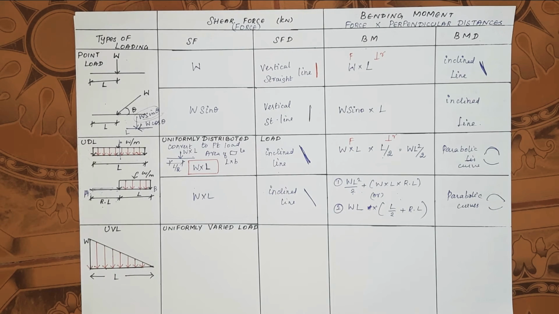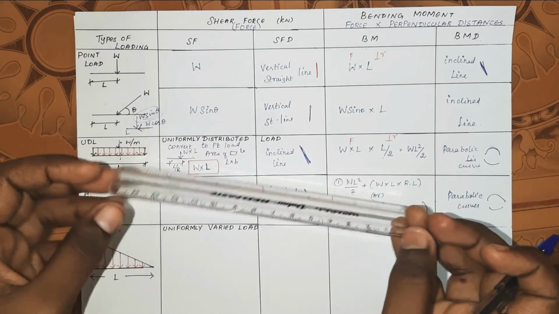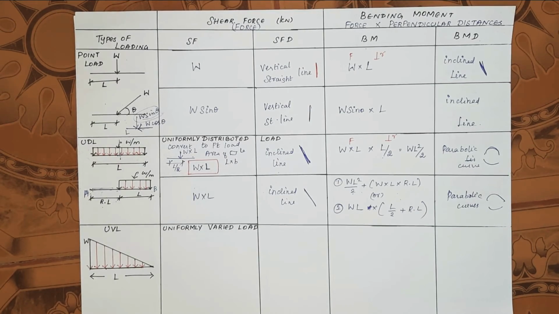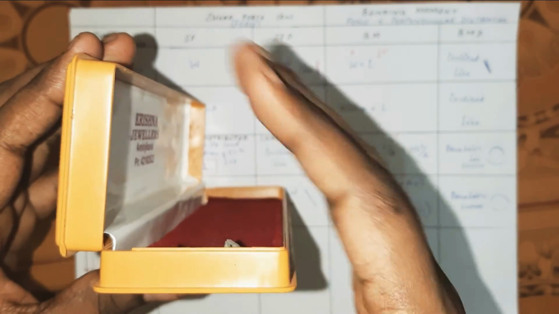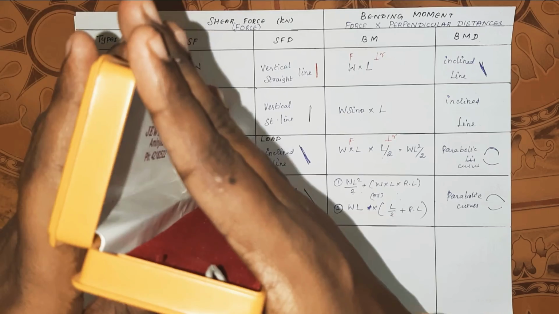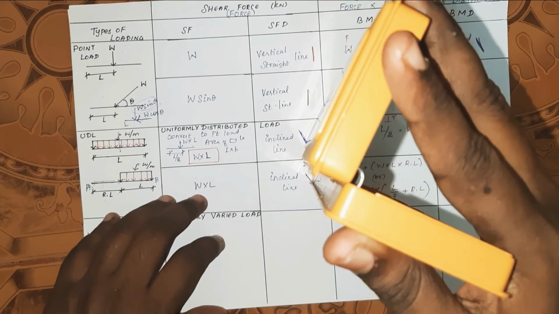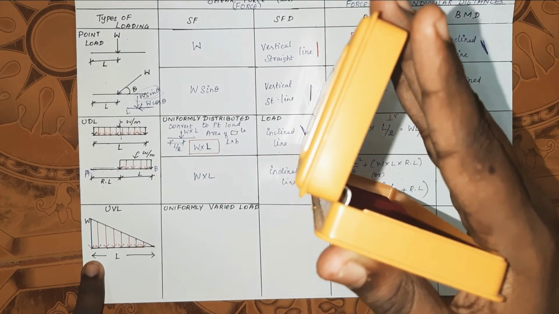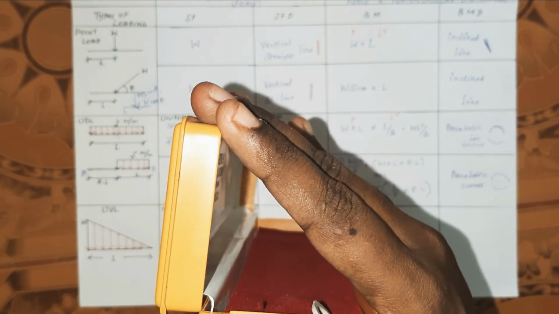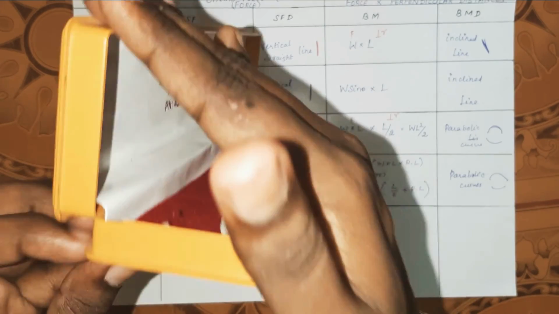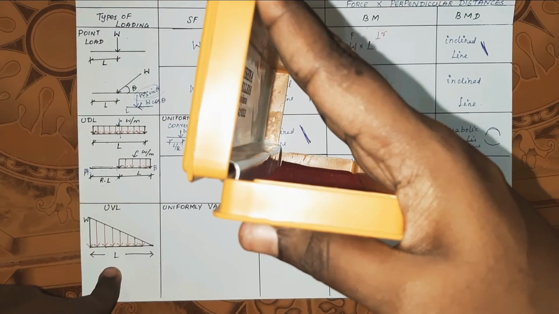What is uniformly varied load? It varies uniformly throughout the length of the beam. Let us consider this box is like a triangle. When I close this portion, consider it a triangle shape, whereas the UDL drawing is a rectangle shape. Here this is L, this is W and this is L. This is in an inclined position. Same as before, we have to convert this UVL into a point load.